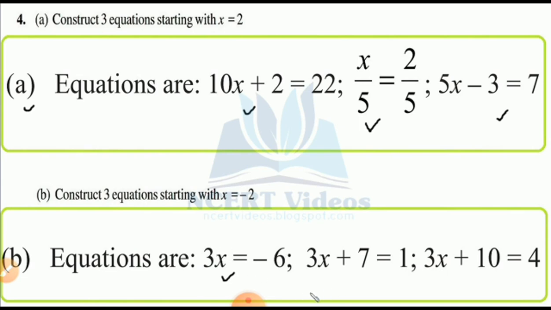ये वाला x समझ लो बेटा. It is also right. 7 को उधर minus 6 बन गया. 3 को डाल दिया डिवीजन में. It is also x is equal to minus 2. 3x plus 10 is equal to 4. Why not? Same one. Minus 10 हो गया बेटा. 4 minus 10, that means minus 6. Same answer. So I think it is so easy questions for you.